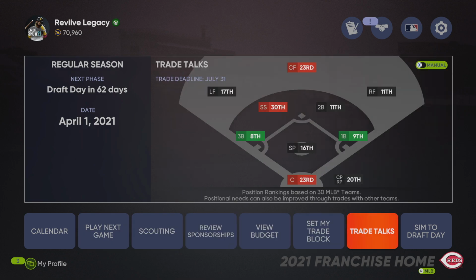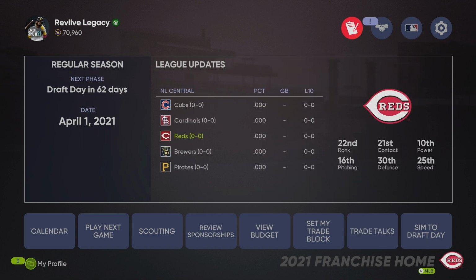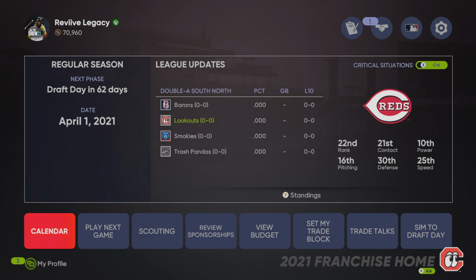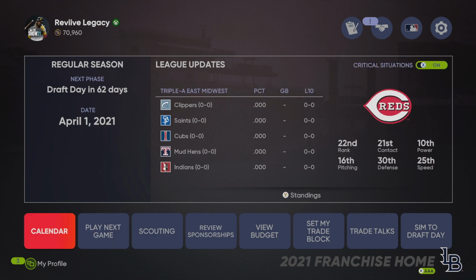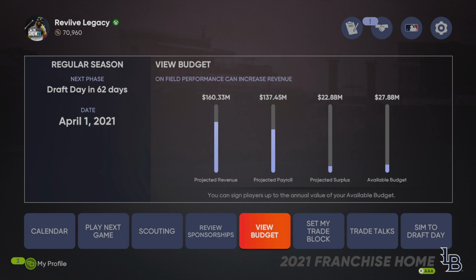How in the heck do we look at the team here? I hope it doesn't sound cringy or annoying, because again, it's new. It's new for a lot of us that have been playing. I haven't ever played it before, but it's new, the menu setup this year, that we have everything here at the bottom instead of on the sides. The calendar, scouting, review sponsorship, view budget, set trade block, trade...